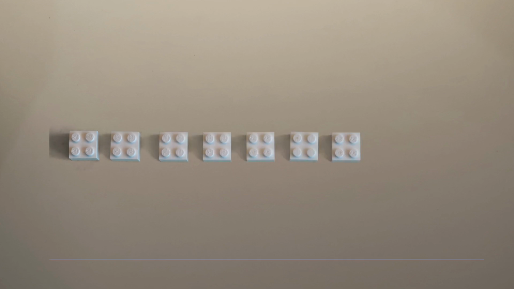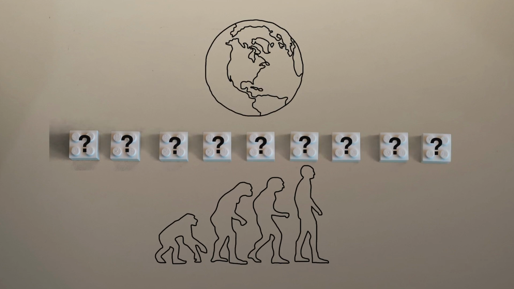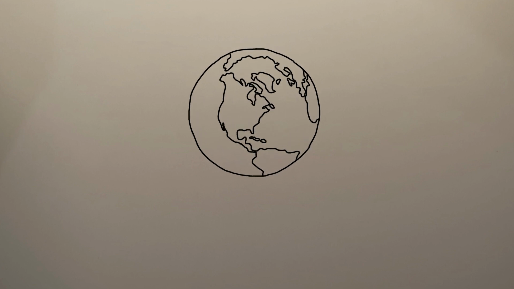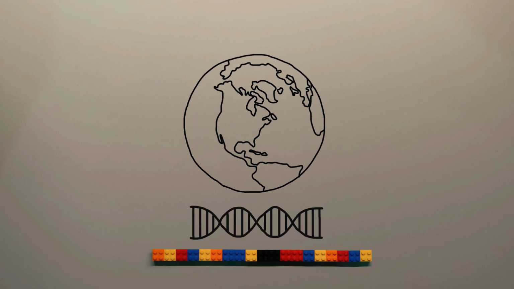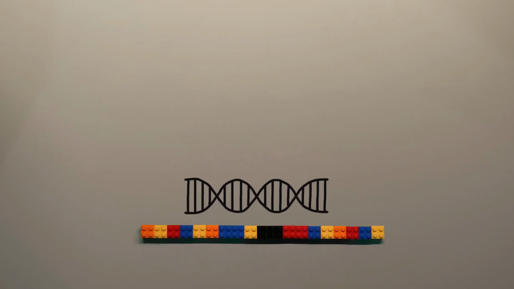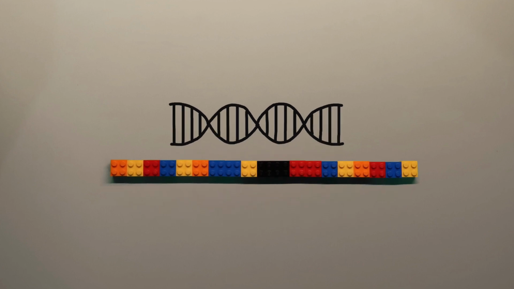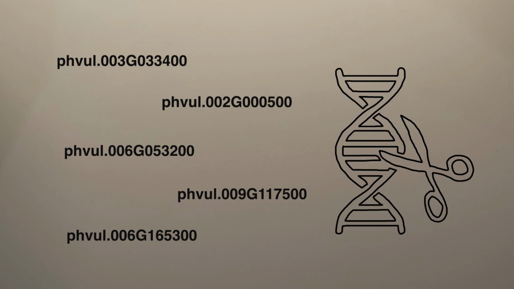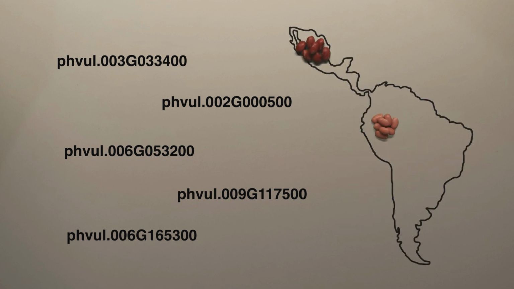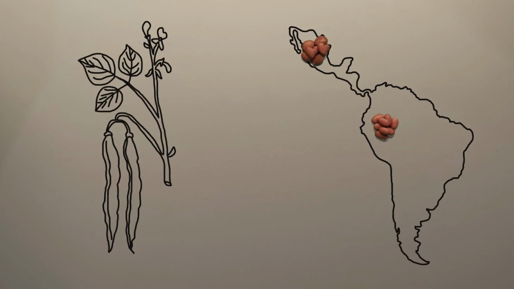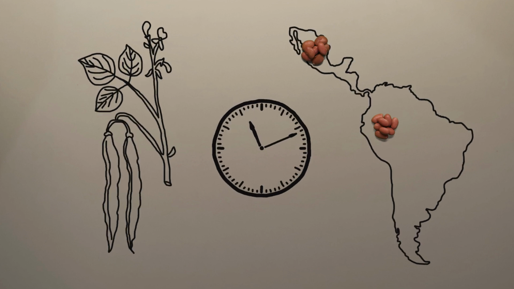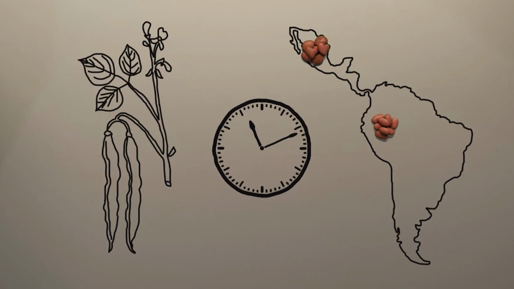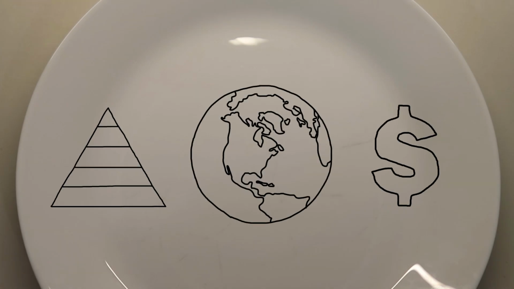Beyond deciphering the common bean's complex history, what is perhaps the biggest impact of Schmutz and McLean's research was the release of the reference genome to the public. They have enabled a new era of research and discovery by providing a list of candidate genes for genetic modification. These are the genes they identified as being involved in domestication and adaptation, as they have continued to survive selection, making them suitable targets. This has significant implications for crop improvement and food security worldwide.